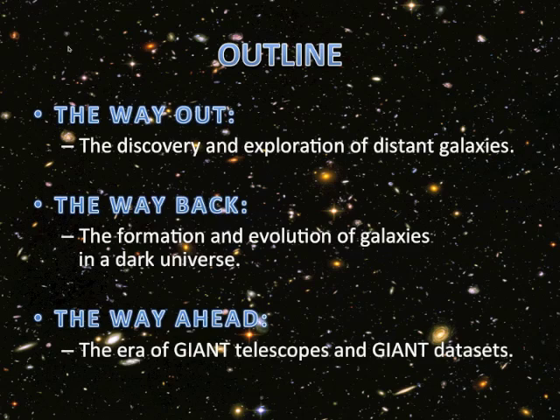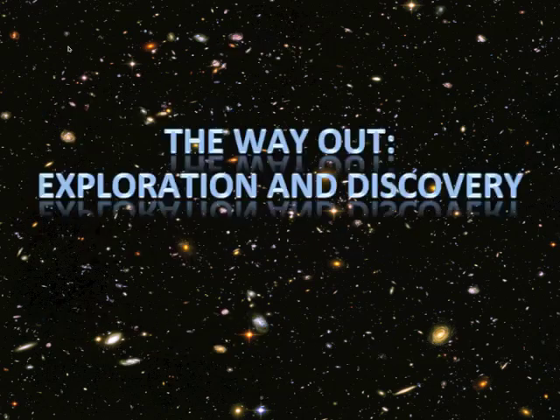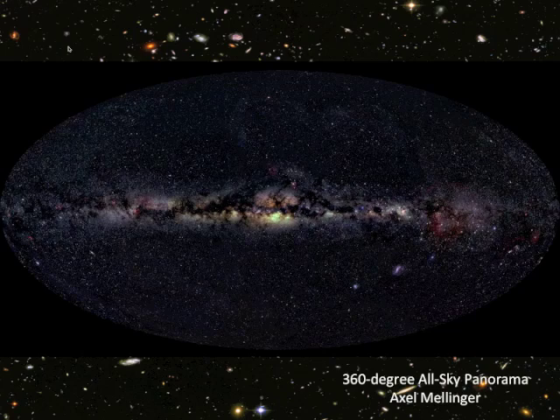How do we think galaxies form in the very early universe and maybe evolve into the present-day objects that we see today? And then I'll also talk about what I call the way ahead, which is what is coming in the future, in the next 10 or 20 years. What are the new large telescopes and fascinating instruments that we're currently building to understand this problem more thoroughly?